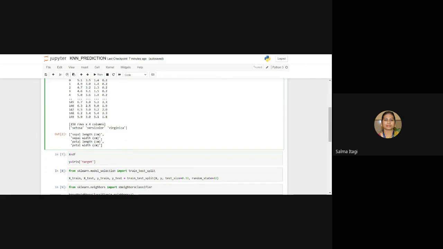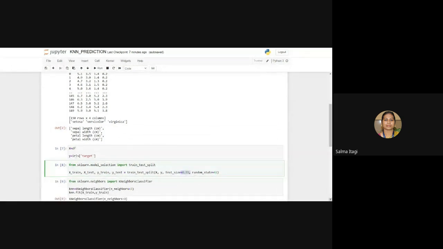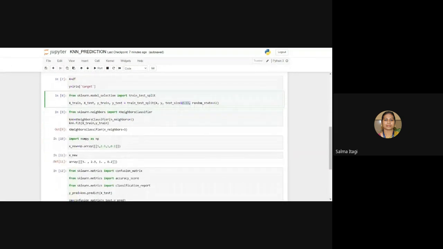We now split the data set into train and test in the ratio of 0.33, that is 33% test data and 67% training data. We use the KNeighborsClassifier with 3 neighbors, and we train the model, that is we fit the model on the training data set, 67% of the data set.